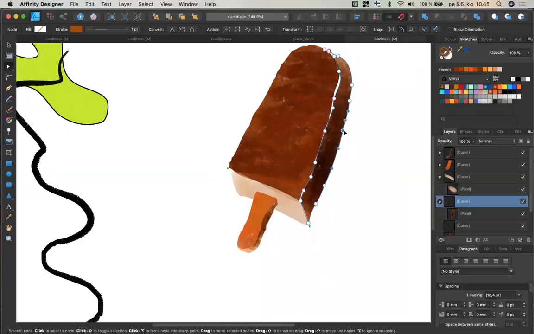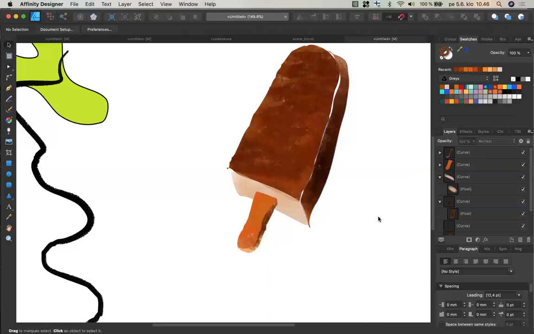So perhaps not. This urge to keep on tweaking. Anyway,